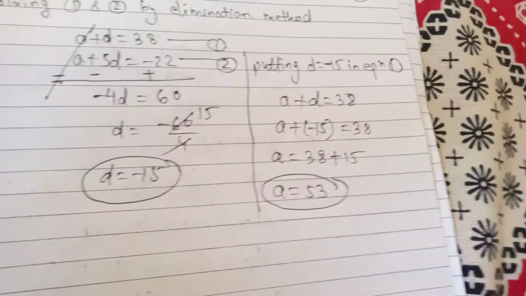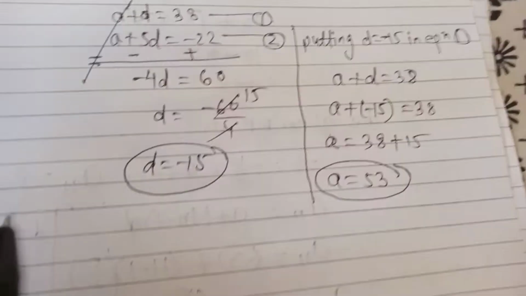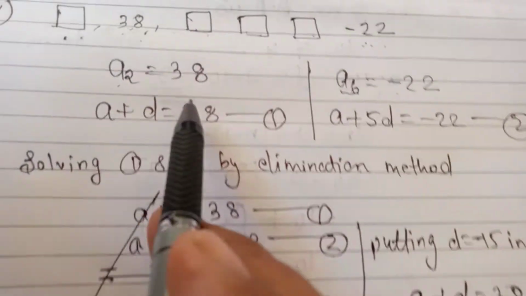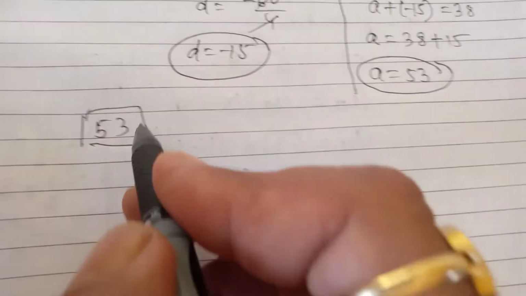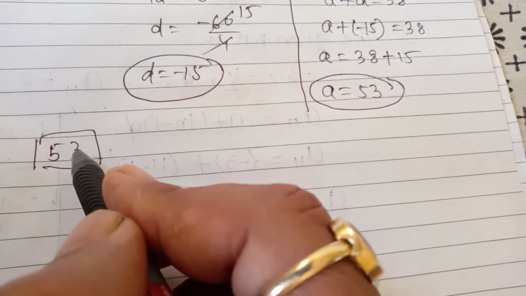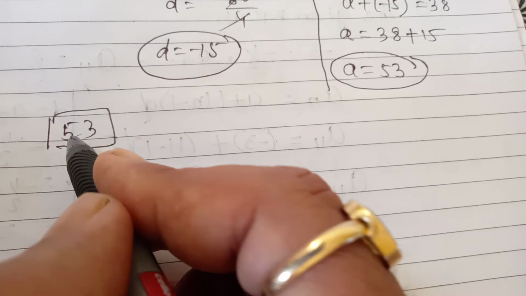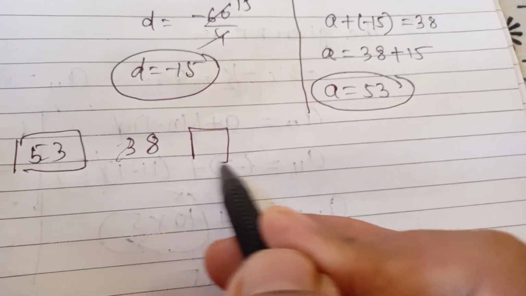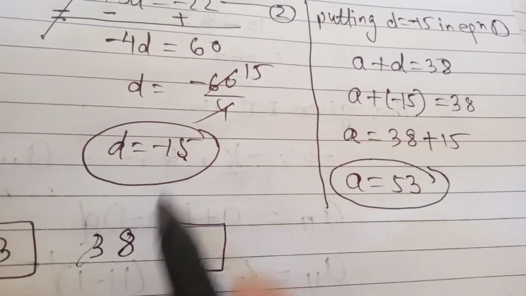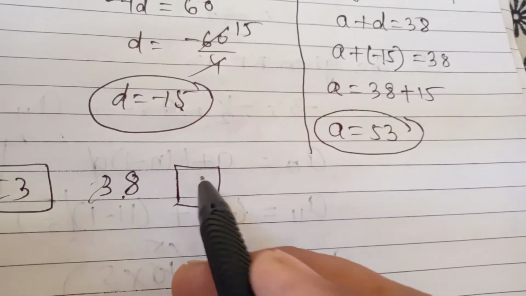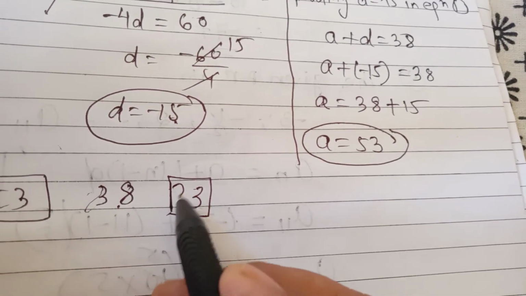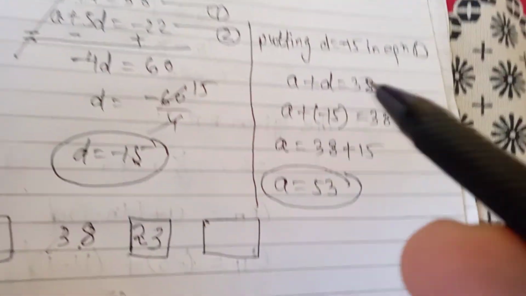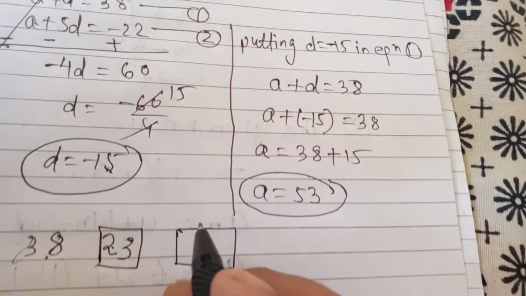Now we got the first term, 53. So let's write down the first term. First term is 53 in the block. Then see, second term is 38. Can you see clearly? If I subtract 15 from the consecutive term, 53 minus 15 will be 38. Now the next term is missing. So again I will subtract 15 from 38. What will we get? Can you tell me? It is 23. One more missing term is there. So what is 23 minus 15? Continue to subtract now. 23 minus 15 is 8.